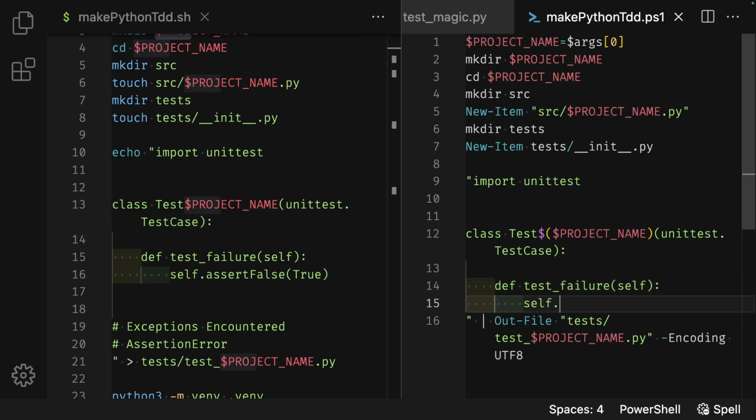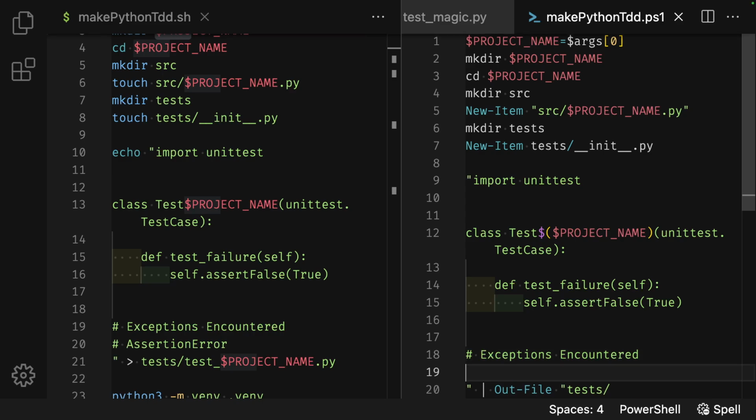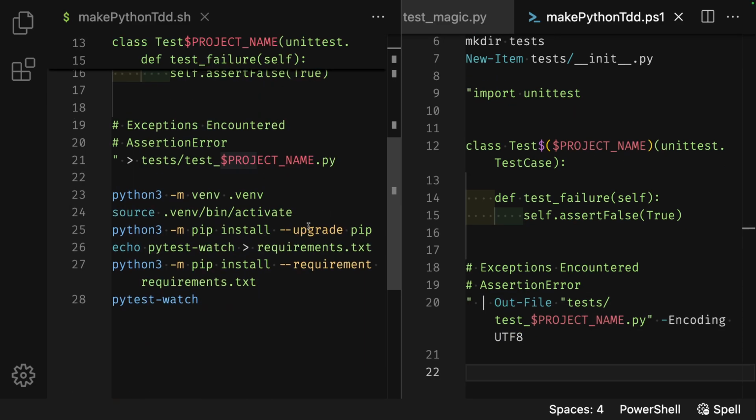Enter, tab, self.assertFalse parentheses. In the parentheses, put True to see the test fail. Enter 3 times, backspace, hashtag exceptions encountered. Enter, hashtag AssertionError. Then go down to the end of the file, enter twice, add python -m